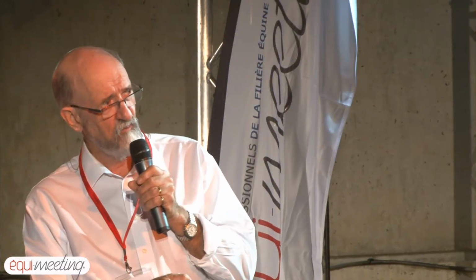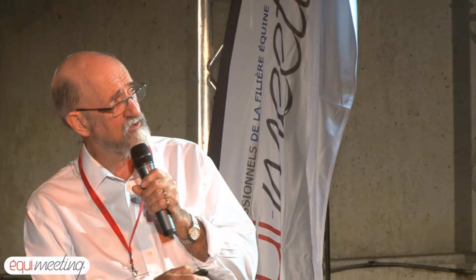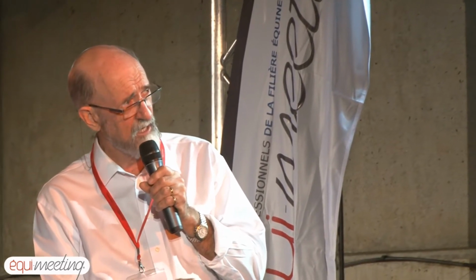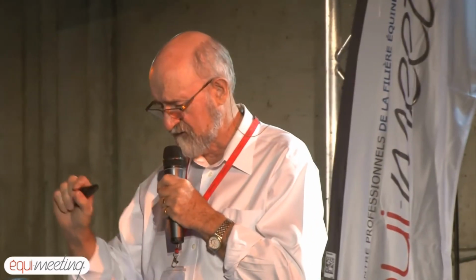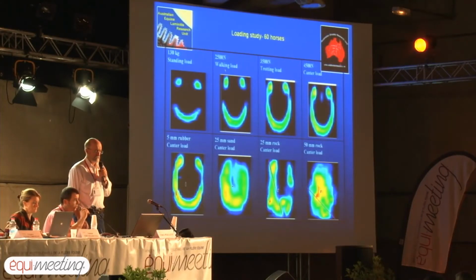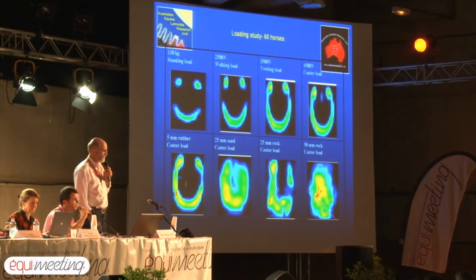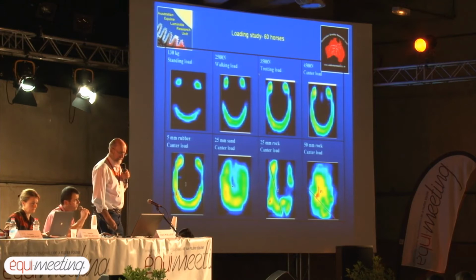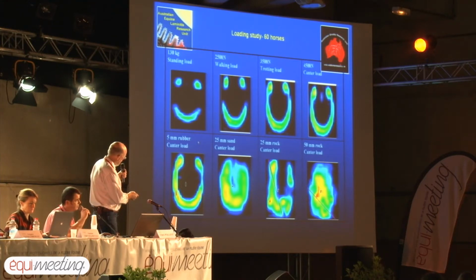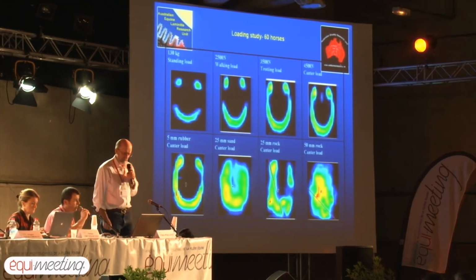And here is a desert foot now being loaded. You can see the increasing load from left to right. And this foot is on a thin rubber mat on top of the scanning apparatus. Le pied que l'on voit ici a été placé sur une plaque de caoutchouc relativement fine et on peut voir l'augmentation de la charge qui lui est appliquée de la gauche vers la droite. The greatest load that we could apply with the hydraulic press just started to make a mark on the scan sensor of the frog. Au départ, on peut constater qu'on avait juste une marque en pince et en talon sur